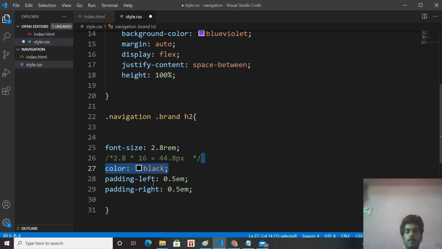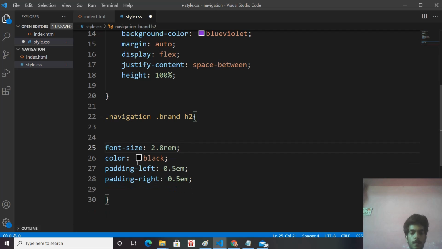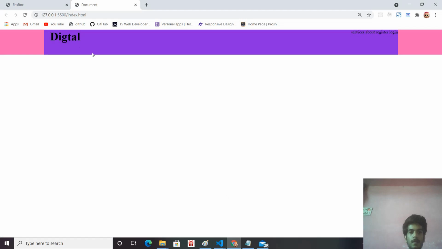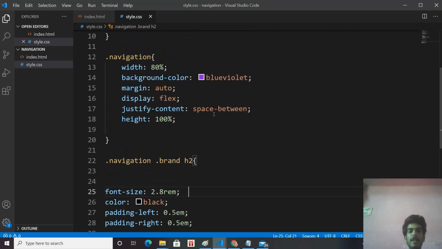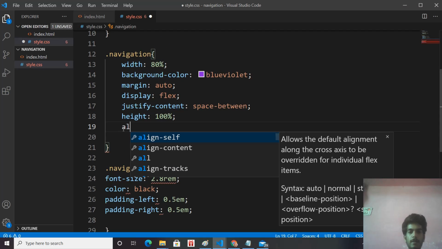So padding left is now 22.4 pixels. See, this is how the measurement works. And save this and see. Yeah, our font size has been increased. In the navigation, let's give align items.